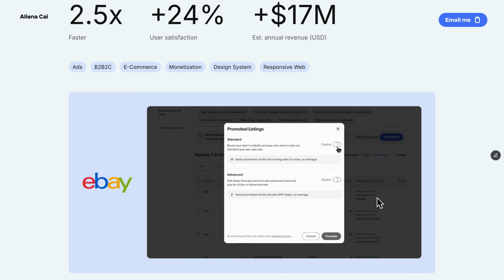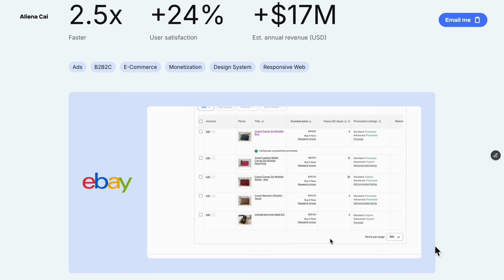Other than static images, you can also use a short video or a GIF for your thumbnail. This works really well if your design focuses on a simple user flow that can be shown in just a few seconds. So for this project, it is a desktop experience with a simple flow I designed for eBay ads.